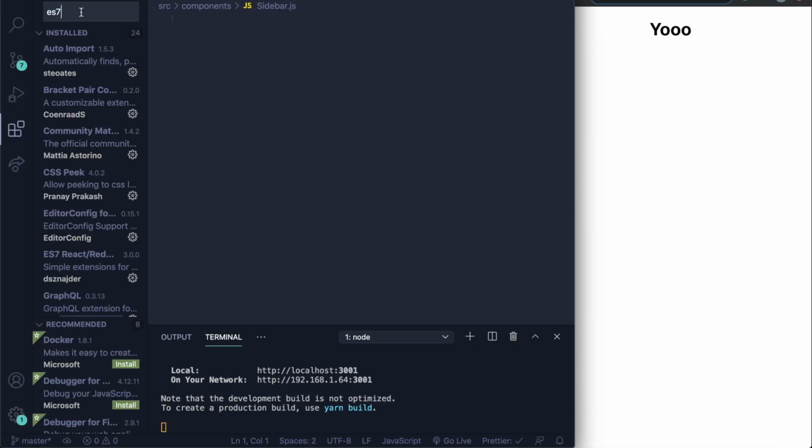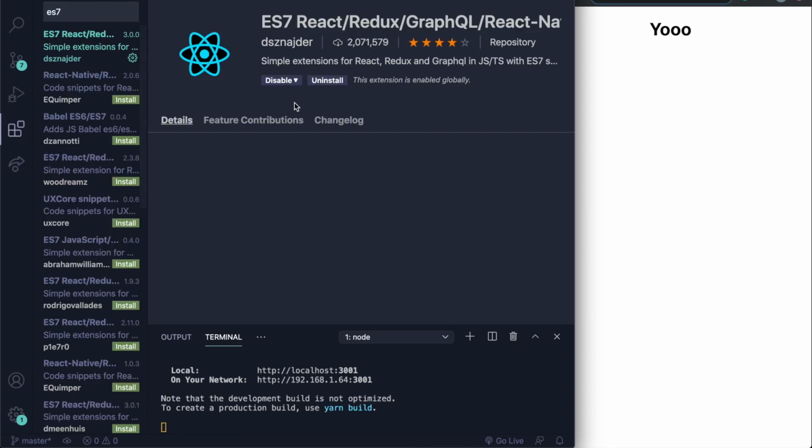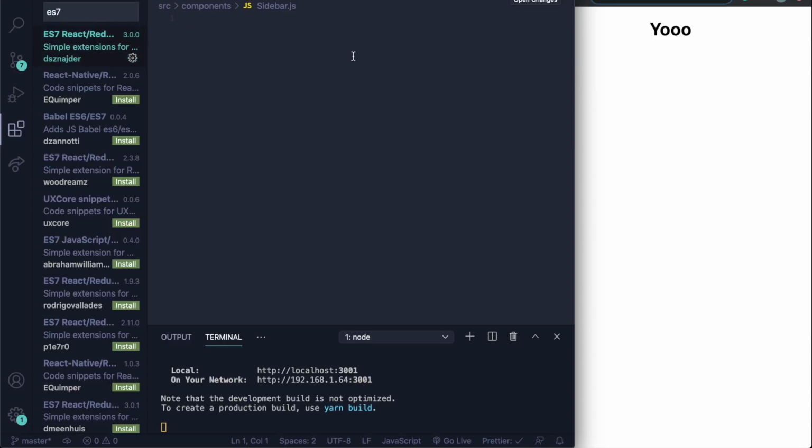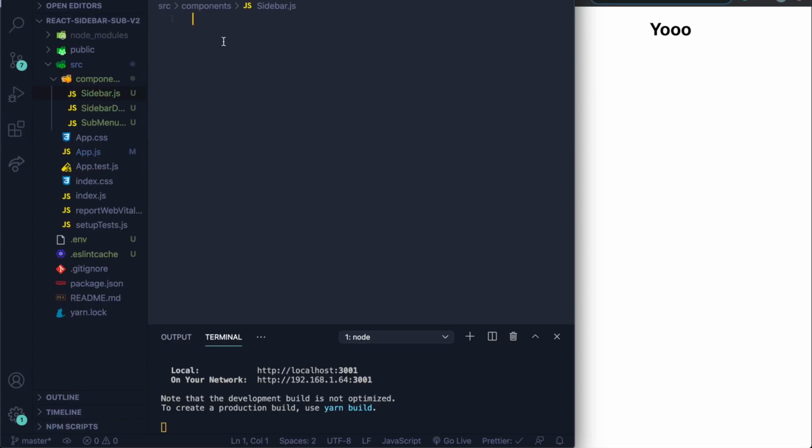have the ES7 React snippets extension installed, because we're gonna do some shortcuts. Once you have that installed, you can do RAFCE and just press tab, and it automatically creates pretty much our template. And here, we could change this to a normal function, but this is fine, which works too. For now, let's just put inside of this div, let's just say sidebar, just to make